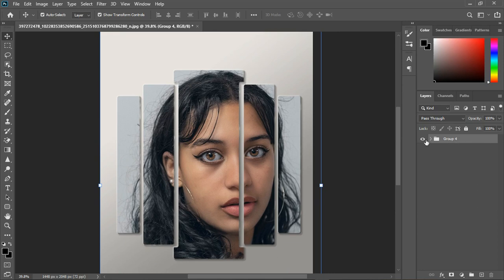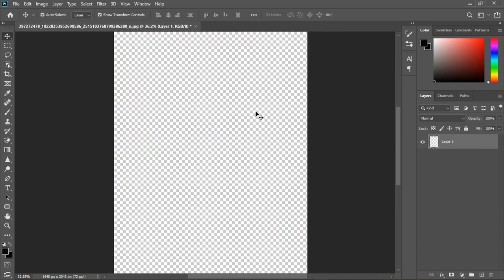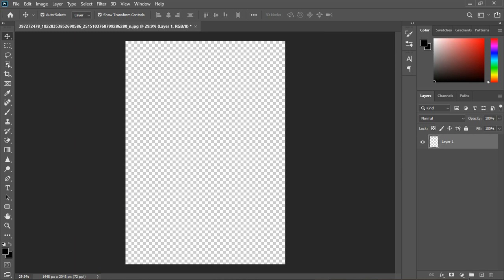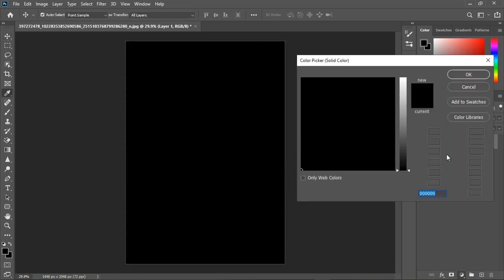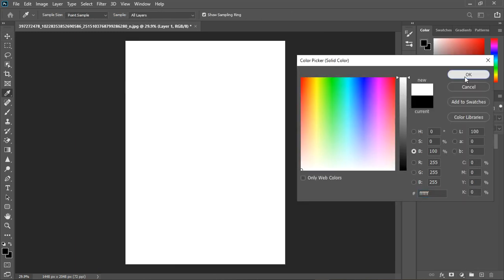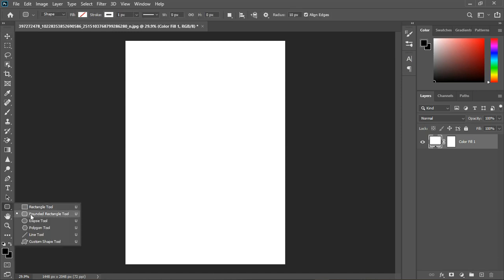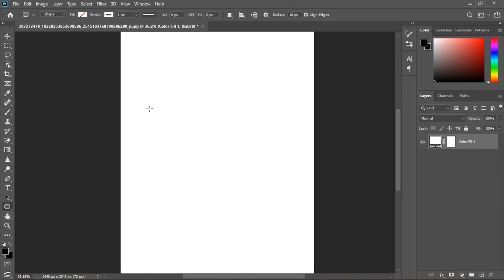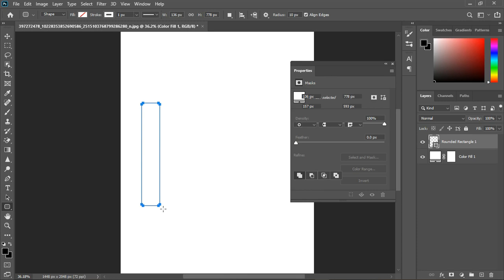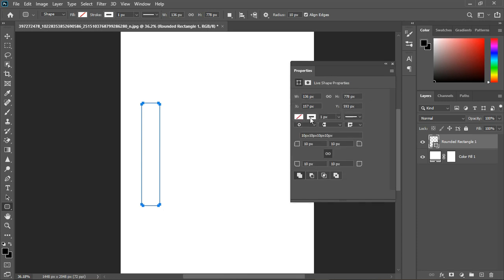Let's delete this background. Alright, so now you're going to create a solid color layer from scratch. Just choose the white color and hit OK. Pick up your rectangular tool, the round rectangular tool, and just draw a box like this, straight, leave it, turn off the stroke,